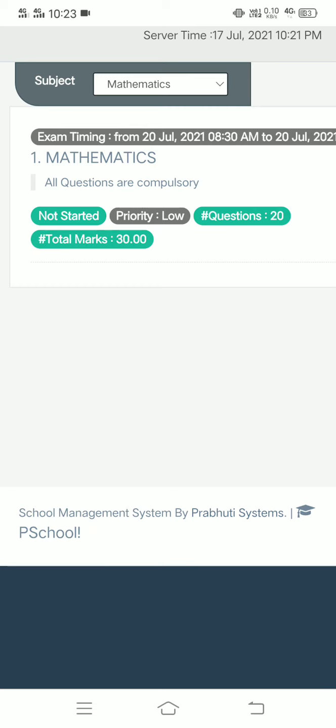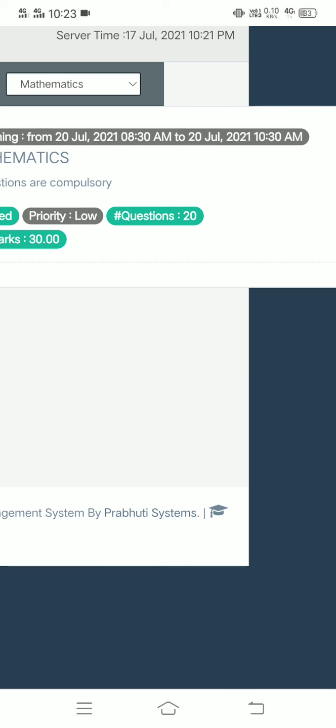After writing the answers of all the questions, you have to scan your answer sheet. Here the exam over timing is 10:30. Suppose for 9th class, the exam timing is 10 to 12 o'clock.